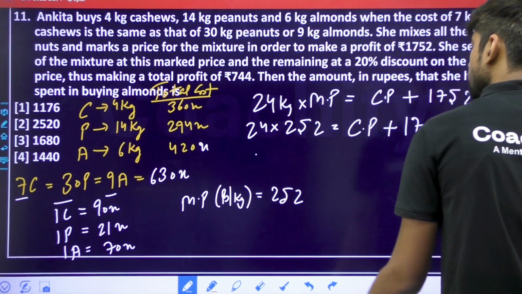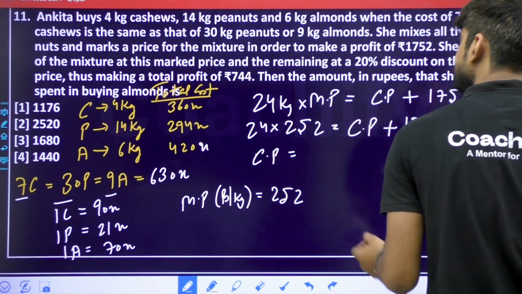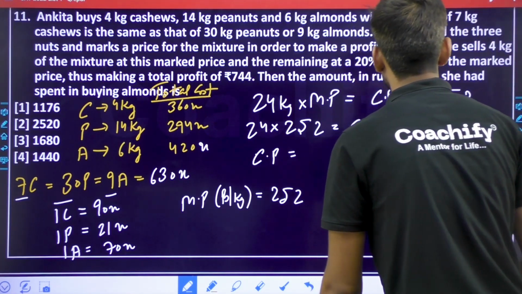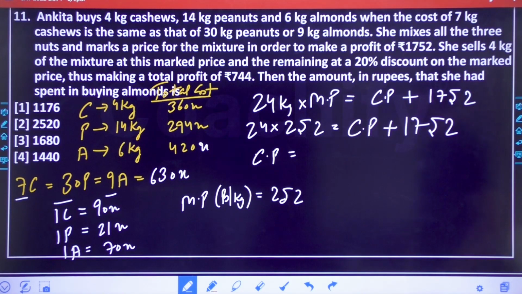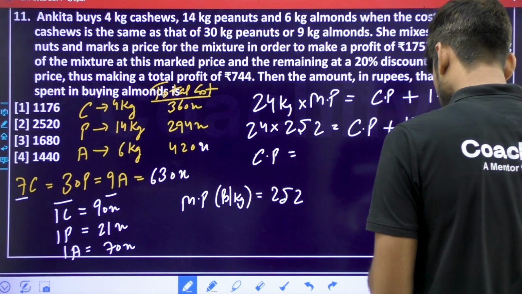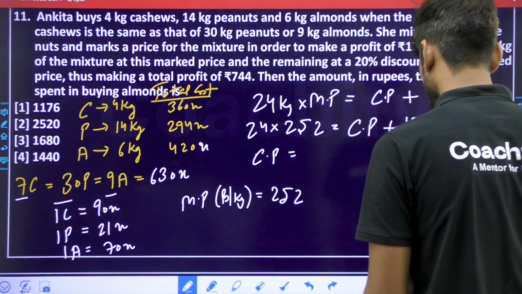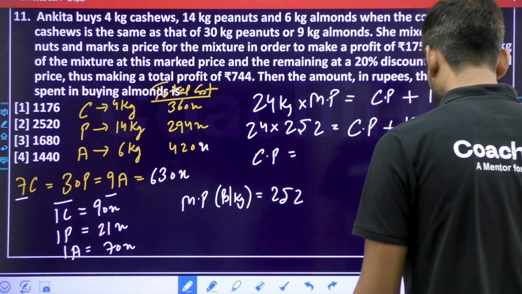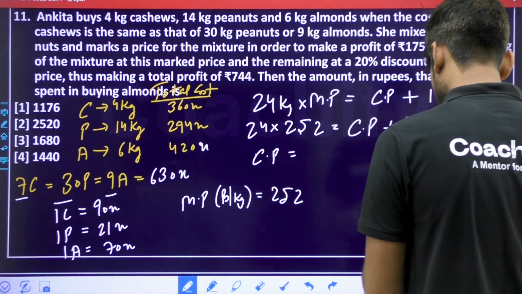Perfect. So what's the value of cost price here? So 24 into 252 minus 1752. Let's solve this quickly for now. So this is 24 into 252, which is 6048. And from this, I have to subtract 1752, which is